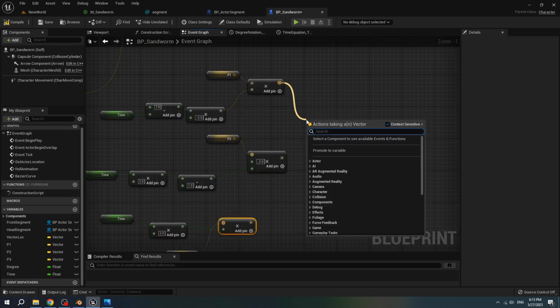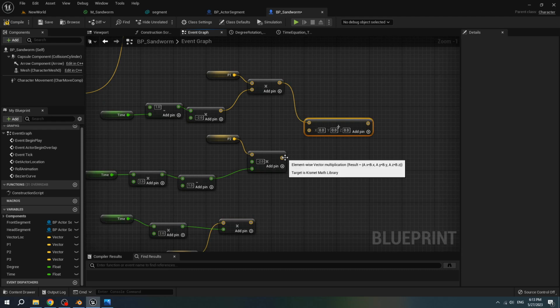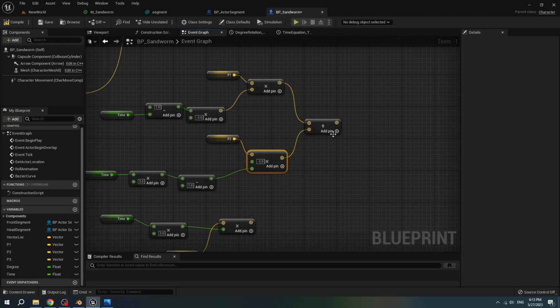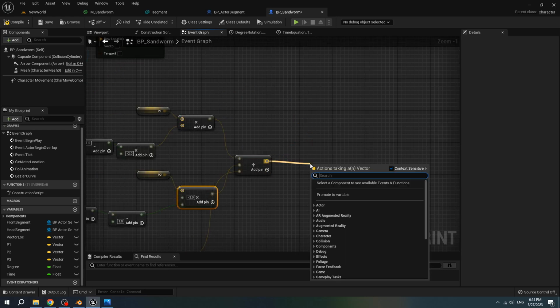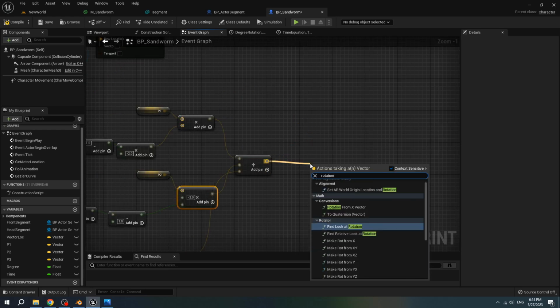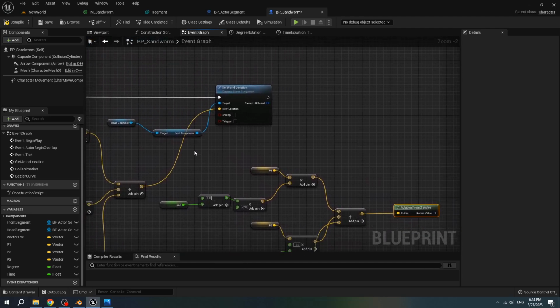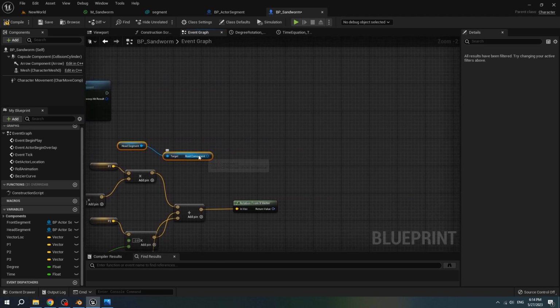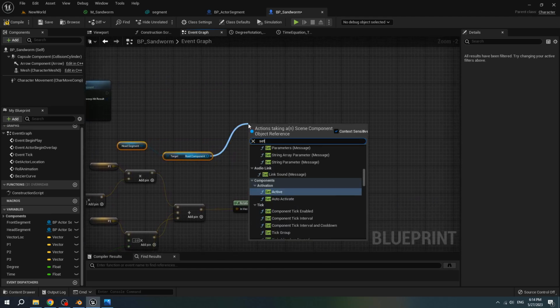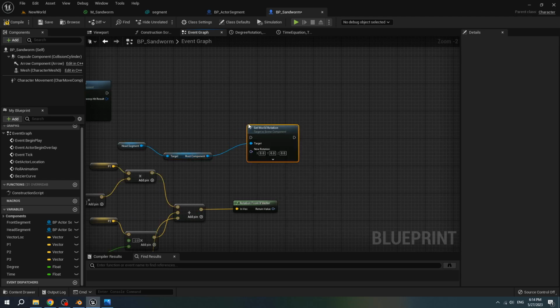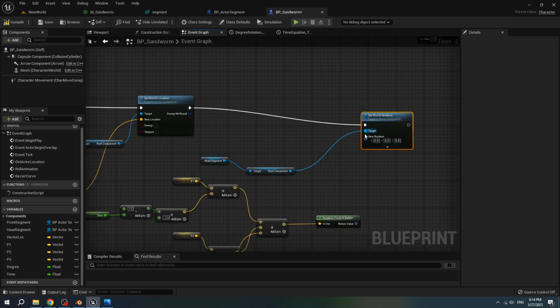Add all of these vectors, add pin, rotation from X vector, because this is the tangent, so we can find the rotation of the head segment, and then we copy this head segment root component, set world rotation, connect it to set world rotation.